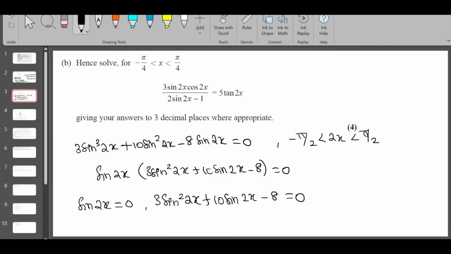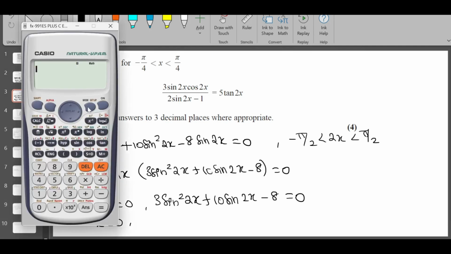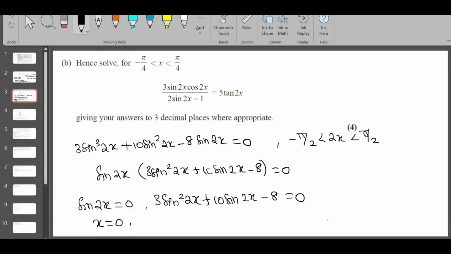When you solve the first one, sine 0 is 0, so only one solution, 0. Here, when you solve the quadratic, 3, 10, minus negative 8, you get 2 over 3 and minus 4. So you get sine 2x is 2 over 3,